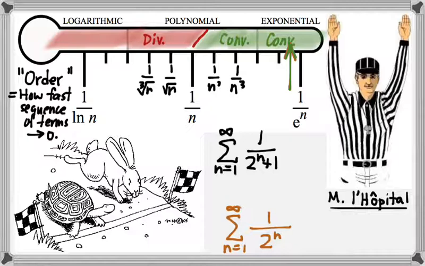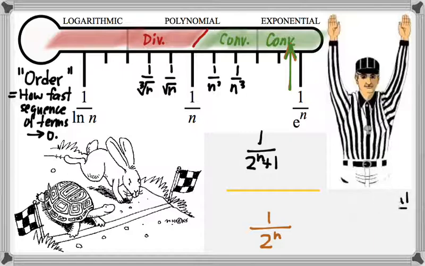Because the value of the limit of a quotient, if that limit is indeterminate, depends on how quickly the numerator and the denominator are approaching their own limits. So here's the idea. What L'Hôpital can do for us is compare for us the speeds of these two sequences of terms approaching their limit. And the way it works is that we'll just forget about the series for a minute and just deal with the sequence of terms. If I divide one of these sequences by the other, and then I take the limit of this quotient as n approaches infinity,